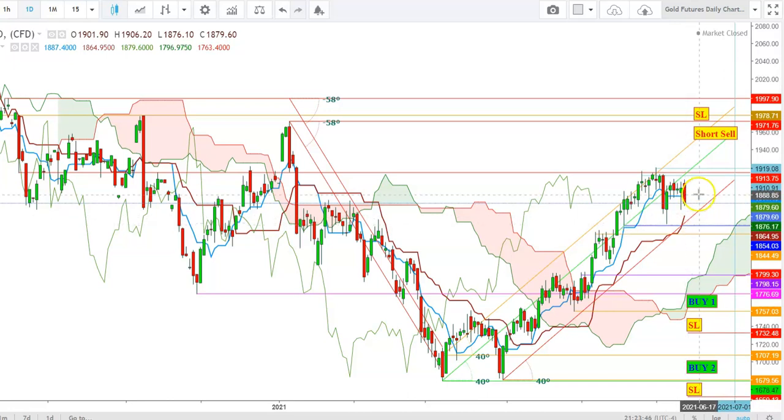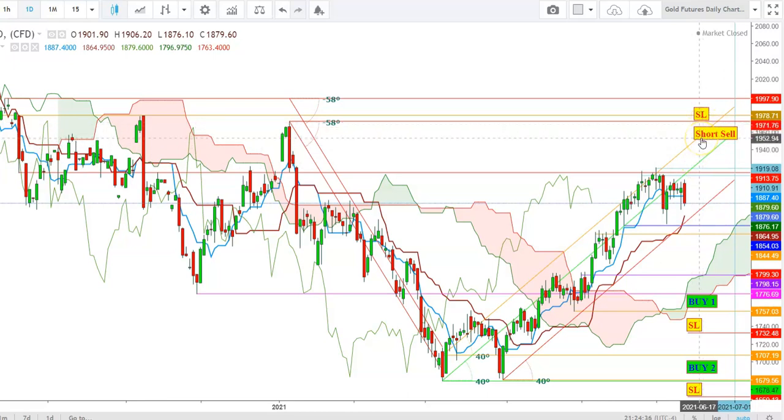And on the other hand, if the gold futures make a sustained move well above the 9 days moving average, we'll see the gold futures could once again try to test the immediate resistance at the levels of $1910. Here the gold could find some sell-off once again, but only a sustained move of gold futures above the levels of $1918 could push the gold futures to test the next resistance at the levels of